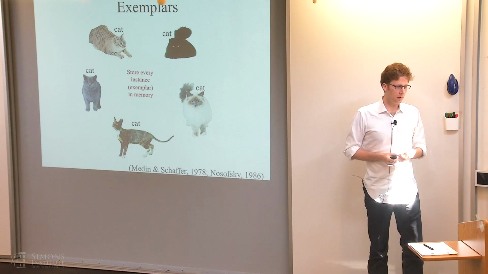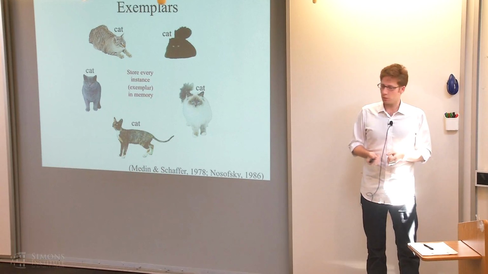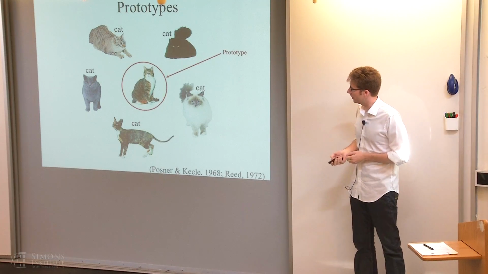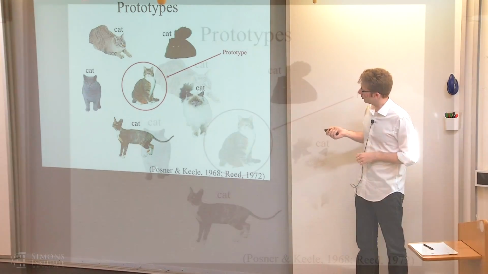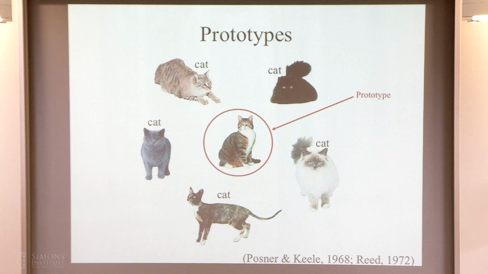Maybe. Yeah. If you allow yourself a rich enough feature space, then you can show that they're equivalent. In the psychological literature, people said that if you're teaching people a new category and you show them this, this, and this, they're actually better at deciding that the prototypical member, which is the average of all of the things they saw, is a cat than they are at deciding whether other things that are slightly further away are cats. That was the argument for prototypes. They said you have to be representing this thing inside your head, which is the average of all of these, and that's what makes it easier for you to make that decision.